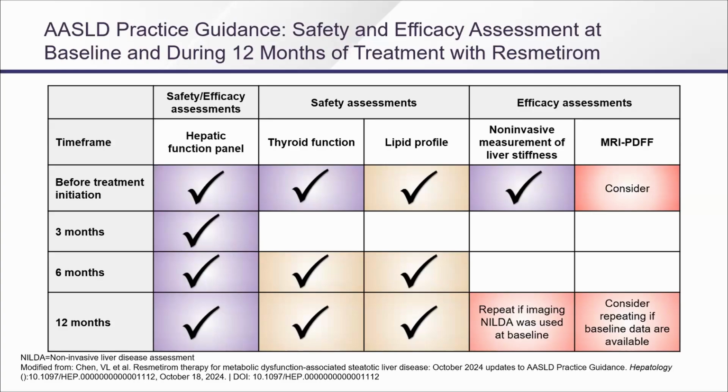The other key is FibroScan takes at least a year to change. So resist the temptation, or the patient pushing, to do a FibroScan at month 3 or 6. It will not change and they will get depressed. But the ALT will go down and they will be happy. And so be happy about the ALT decreasing. And what I tell them is, we're not doing a FibroScan for a year. Please don't ask. I'm not doing it.